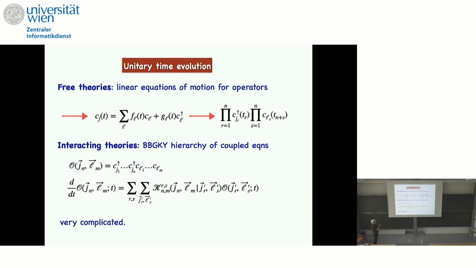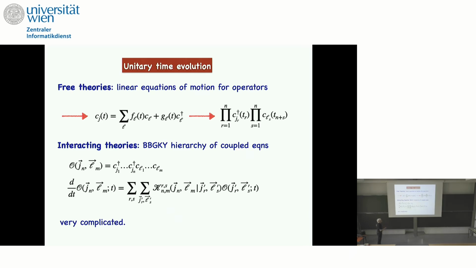Okay, so as everybody knows, if you have a free theory, the equations of motion for operators are linear, so you can solve them exactly. So let's say if you have spinless fermions, Cj, you can solve the equation of motion and you can exactly compute these functions Fl and Gl, which tells you what these operators look like at any later times. And because it's a free theory, so you have a Wick's theorem, if you wish, then all other operators follow from what you have here. Okay, so in free theories, you can work out fully if you are given an operator at time t equal to 0, what the operator is at later times.